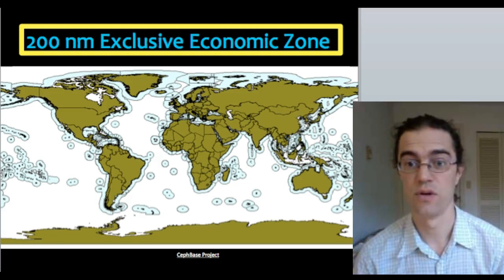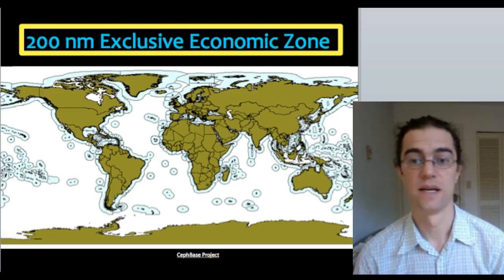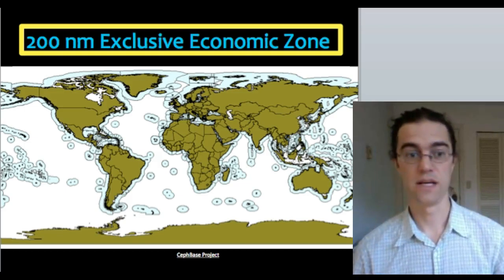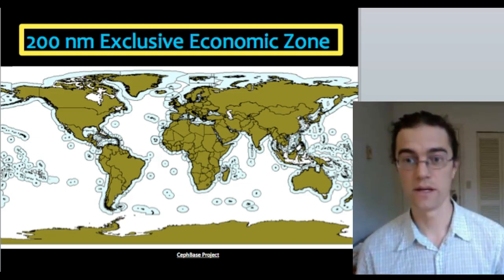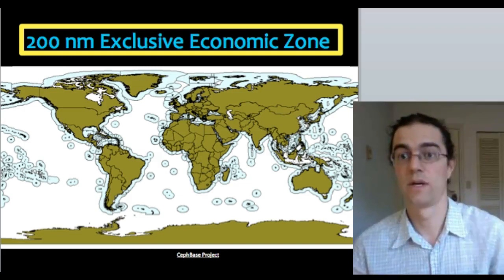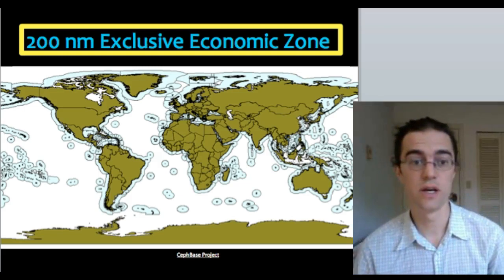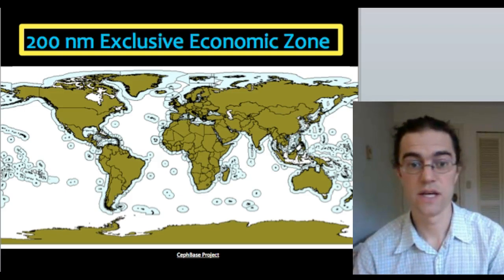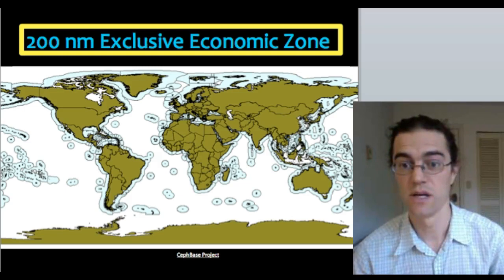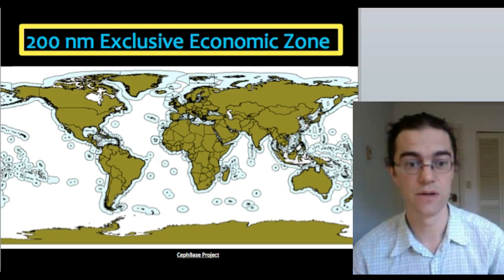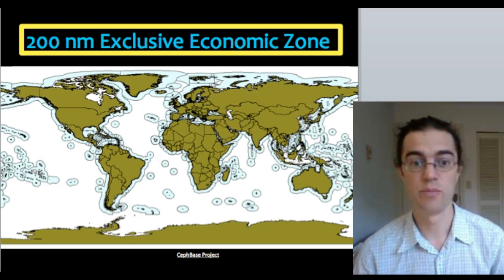nautical miles offshore, and under which the rights and jurisdiction of the coastal state here in the United Nations terminology, of course, referring to nation state, or as we would in common parlance refer to country. The coastal state and the rights and freedoms of other states are governed by the relevant provisions of this convention. The exclusive economic zone shall not extend beyond 200 nautical miles from the baselines from which the breadth of the